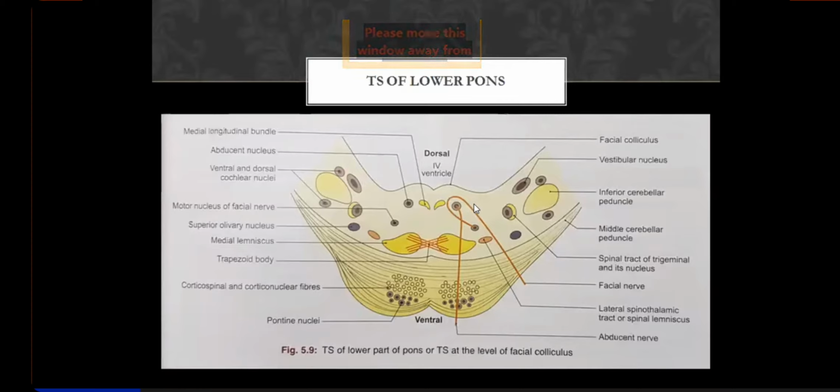So this tract, the lateral spinothalamic tract, the first order neurons were relaying in substantia gelatinosa, lamina 2, as well as in lamina 3, for pain and temperature. These fibers were immediately decussating to the opposite side at the same spinal segment. This word has to be mentioned because there are other tracts which also decussate to the opposite side at the same level, but they might ascend one or two segments, right? But this one, the lateral spinothalamic tract, immediately decussates to the opposite side,